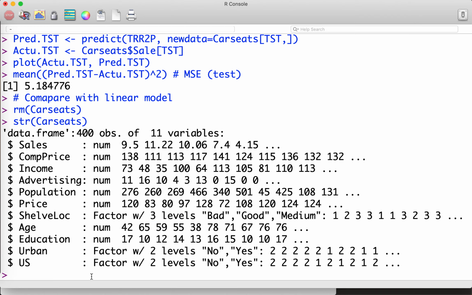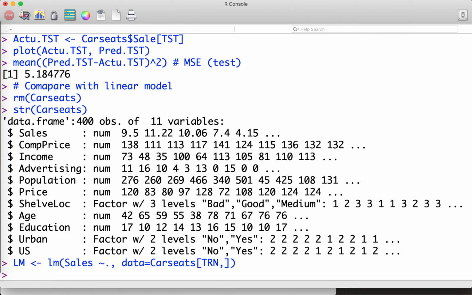Okay, so linear model. So LM, we fit sales on all other predictors, and we only use the training set. So car seats of training. So LM is here, and okay, so we want to remove redundant variables. So we do stepwise procedure. So stepwise AIC. So this is backward deletion